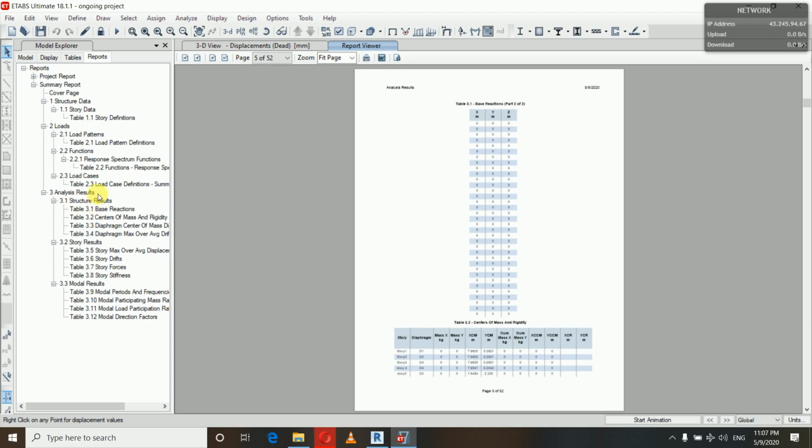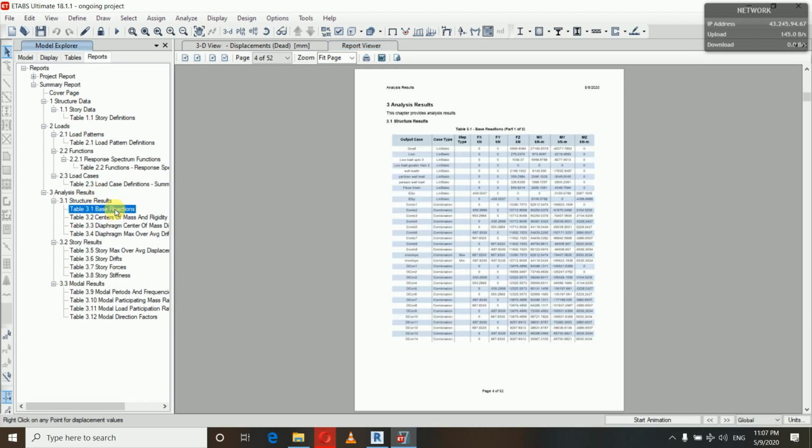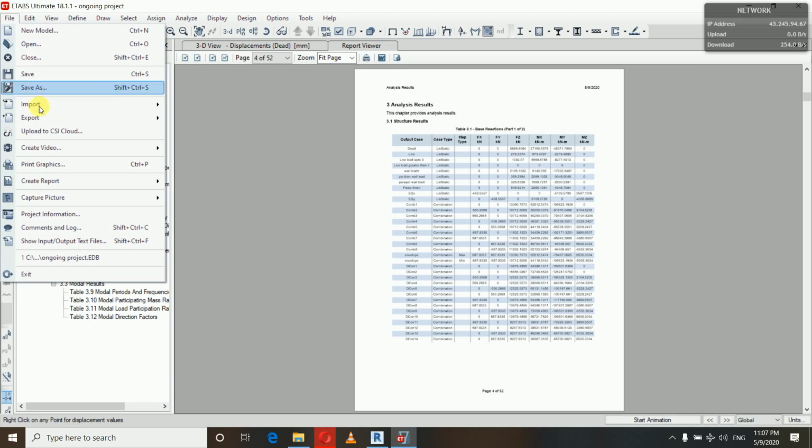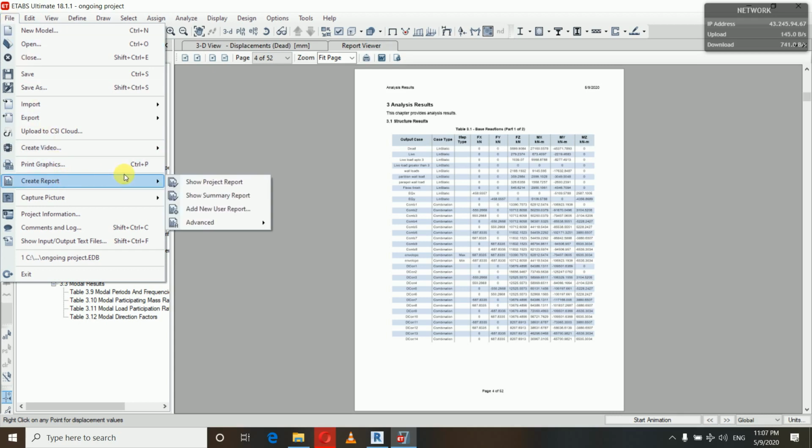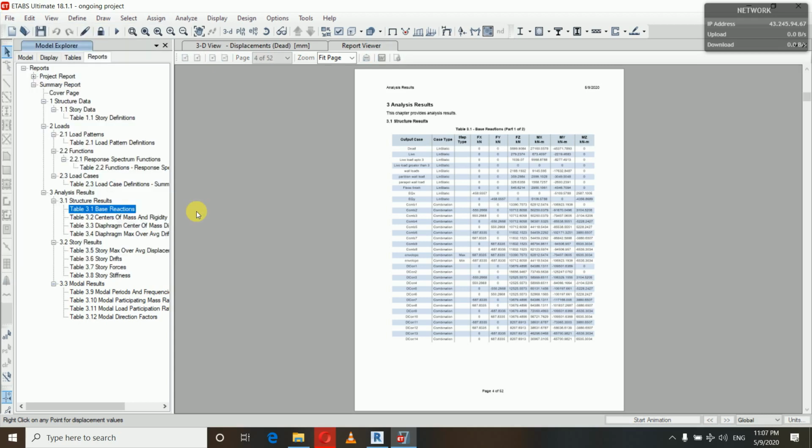from here. Suppose we want to go in the base reactions, so here we have the base reactions, so you can either directly see the result from show tables, or you can get the report from ETABS. So in this way you can get the project report and summarized report. And if you want to get a report for new user, then you can go to add new user report,